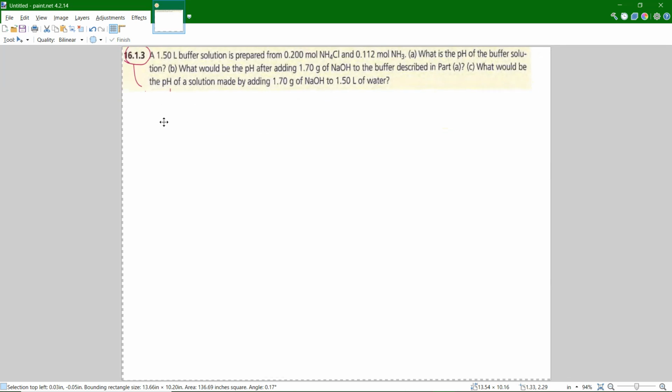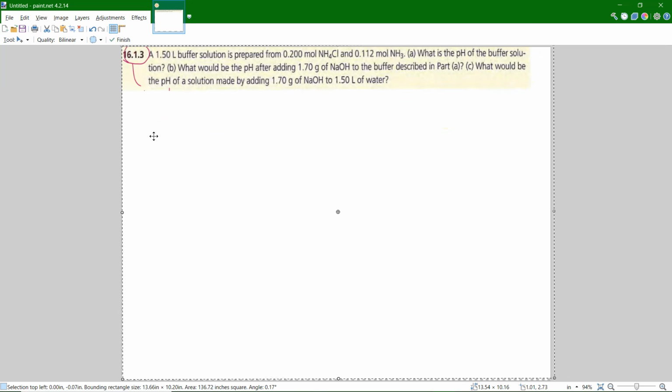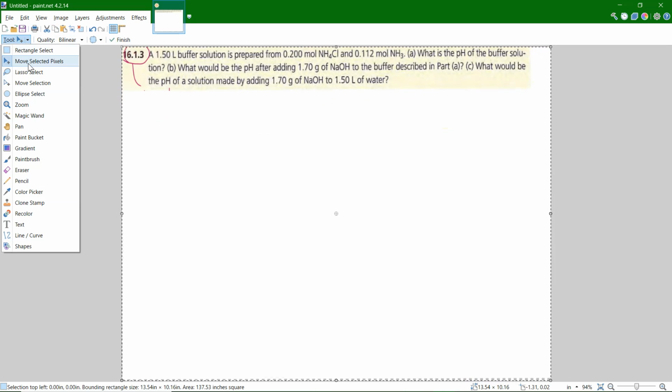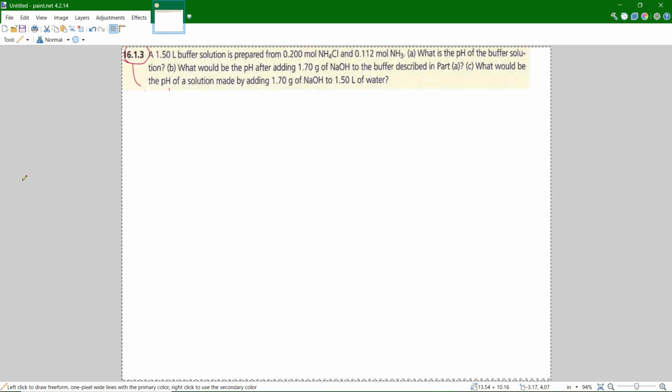Oh, I thought I had that put in there. Okay, enter. Good. Now I'm in Paint here, so I want to go to my Paint tools. I want to get pencil. There we go. And so my Ka, I'm not sure why we still have this border around there. There you go. Ka of NH4 plus is